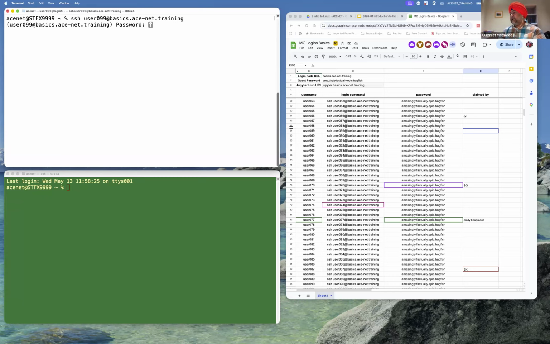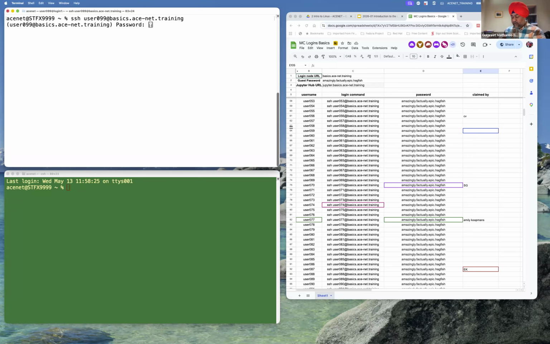Then I will type my password over here, but you will not see the cursor moving. That is normal. But if you make any typo over here, it is not going to allow you to enter, right? Sometimes some people copy paste it. That is not a very good option. Copy pasting on different operating systems might work in a different way, but sometimes it might work. You can try copy pasting, but I will not encourage that. I'm just going to type it.